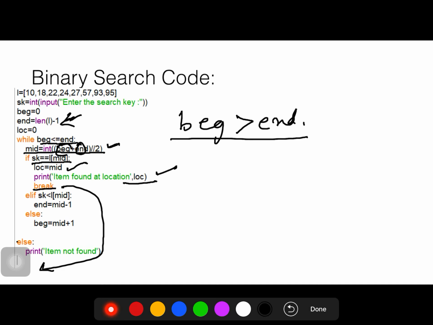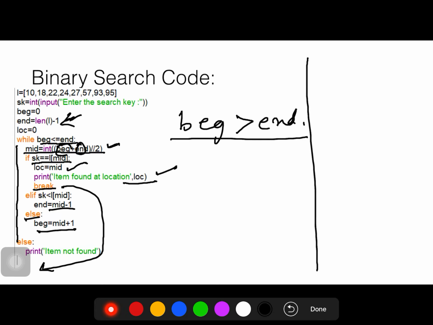It will go to the next statement after the else. Else is also a construct of while. If search key is less than the item at mid, it will change the position of end, and if it is greater, which is represented by the else construct, beginning will be moved.